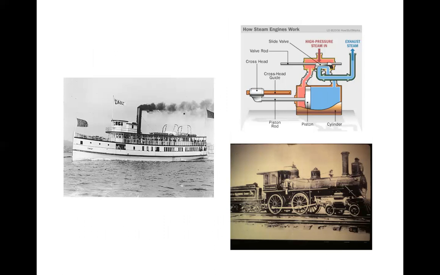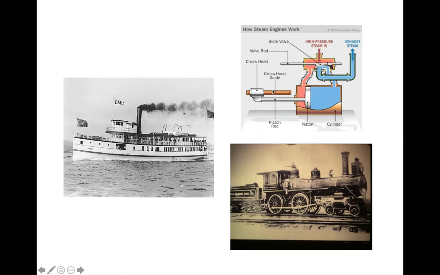So here's a steamboat. It's a newer one, and then you have a steam train at the bottom right. This diagram can show you kind of how the steam engine works. So you're boiling water and it pushes steam through these pipes. You can kind of see this silvery piece here. When that steam comes in, the pressure from that will push it here. The steam will escape underneath and go out here. And then when that escapes, there's not enough pressure over here anymore, so it pulls it